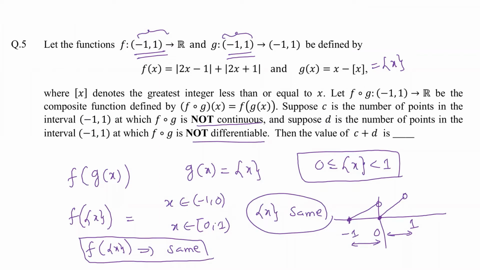And then the graph from -1 to 0 is going to be exactly a copy of the graph between 0 and 1, because of how the input of f is behaving, because the input of f is going to be the fractional part of x when we are going for the composite function here. So keep this in mind. And the second thing that we have here, 0 <= fractional part of x < 1, that we already know as a property.